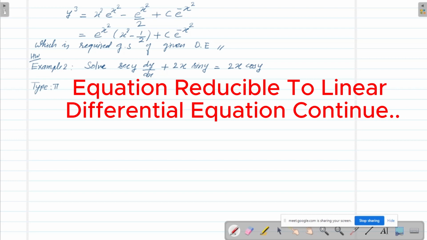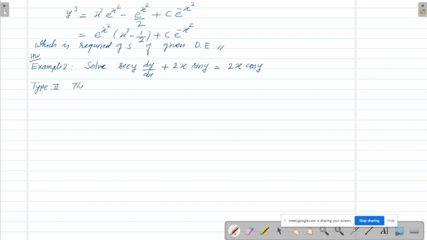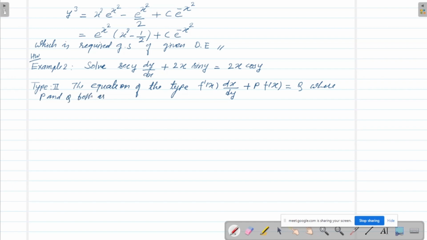Type number 2. What is type number 2? The equation of the type f'(x) dx/dy + p f(x) = Q, where p and Q both are functions of y,